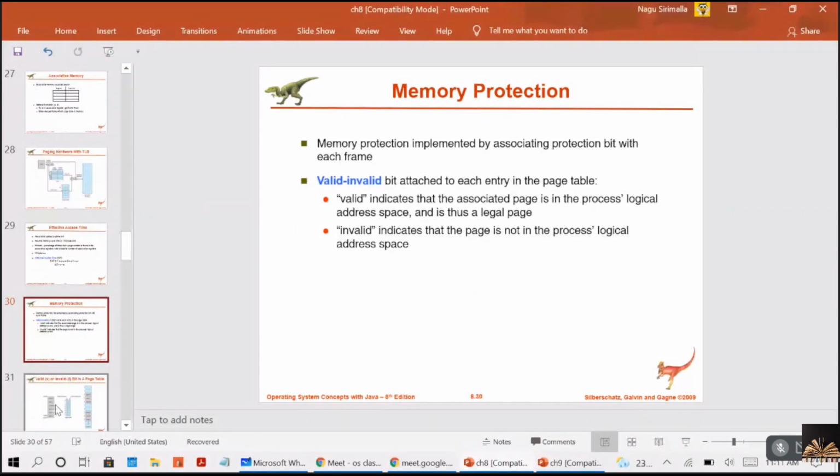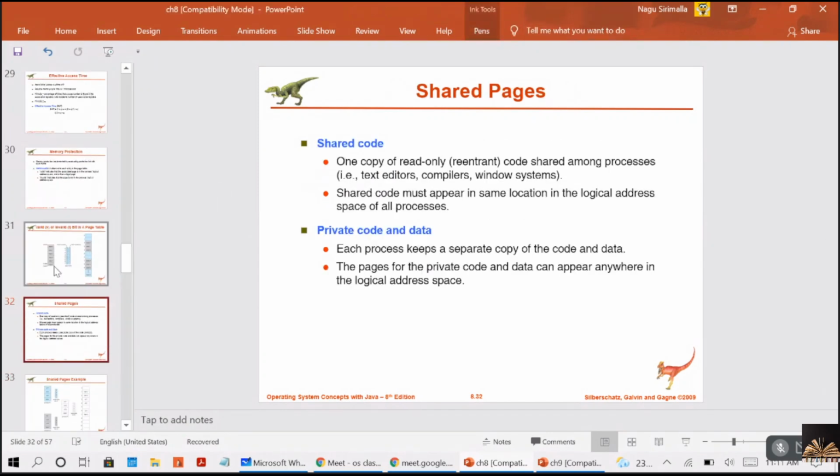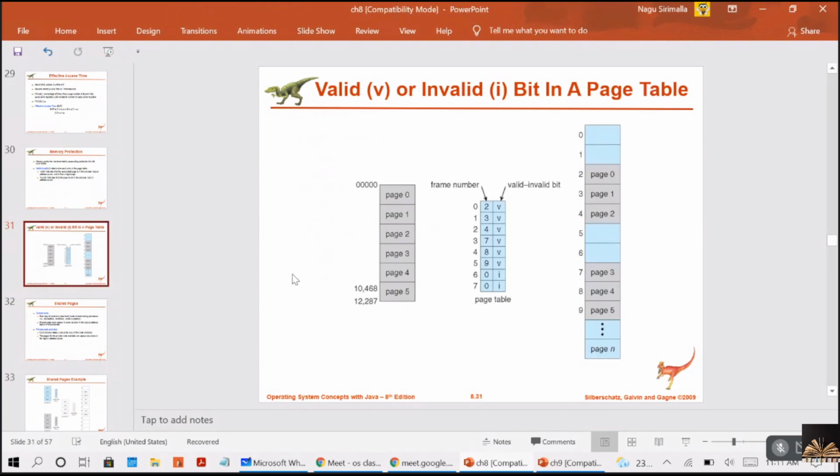Now, memory protection. How can memory protection be provided for the paging? By having a bit in the page table. That bit is the validation bit, which will be represented as valid or invalid. When the CPU generates the logical address, based on the page number it will be verified whether it is valid or not. If the CPU is asking for an invalid page, it will be returned with the trap message, that is, an error message or fatal error message, right? If it is valid, then it will give access to the actual memory location.